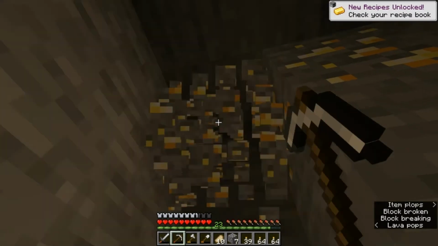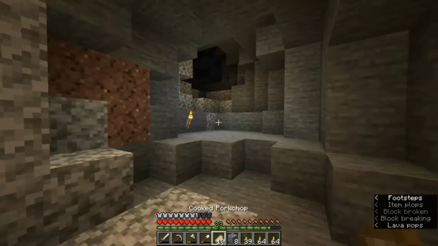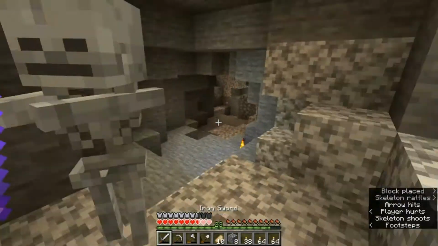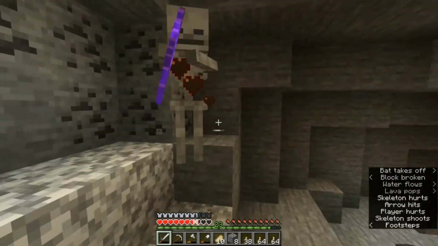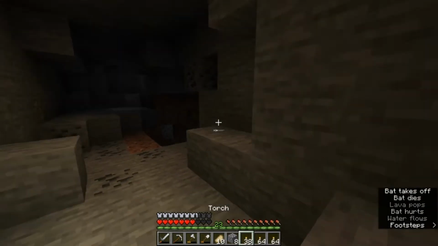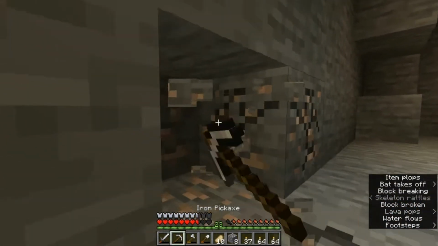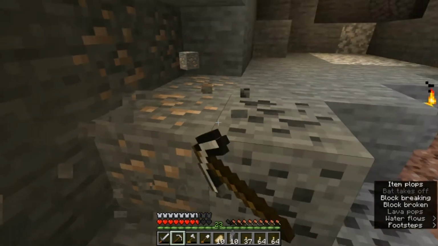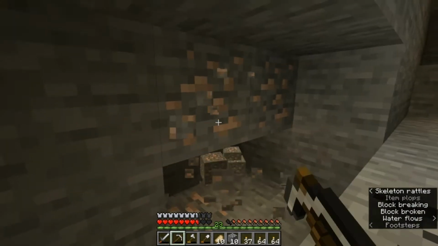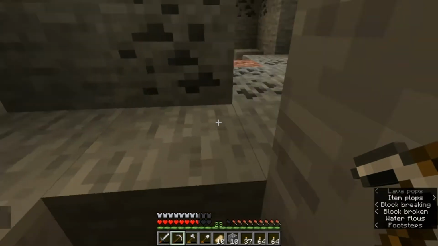It doesn't have too many uses, or at least it didn't. Now there's been a lot more uses made for it, and I can see there's an enchanted skeleton up here. Let's try and get rid of him. So yeah, gold has been given a lot more uses as far as I'm aware. I'm pretty sure it was mainly useless before, but now it has been redesigned, so things you get from the Nether biome, which is what I was talking about, the dimension created by the obsidian portal,